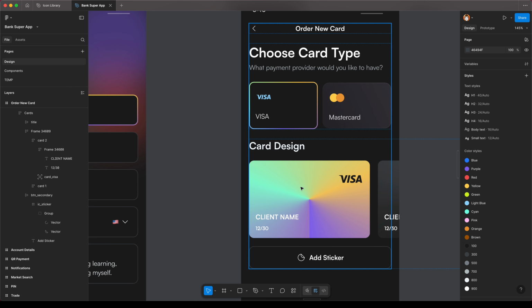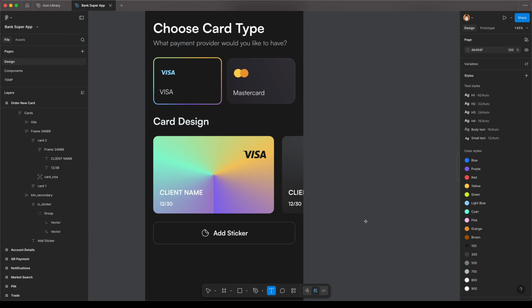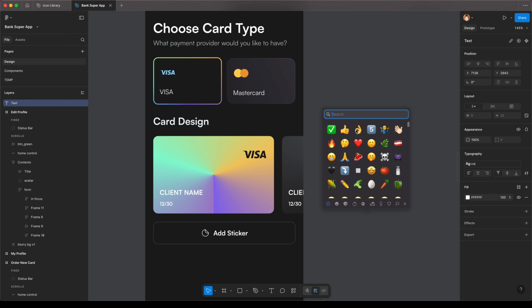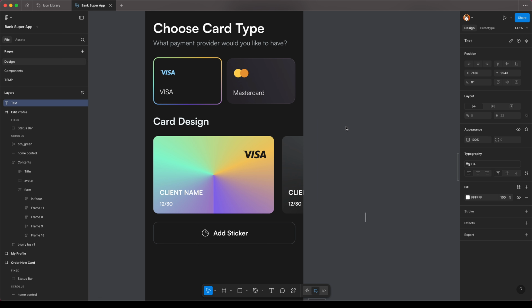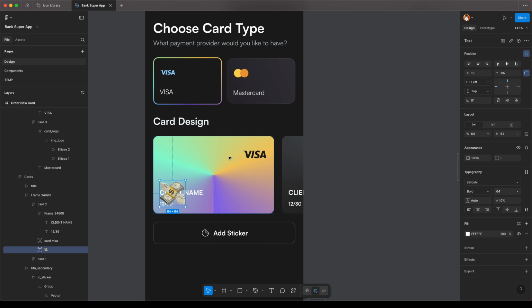I will also put some emoji sticker on the card design. Let's add some text, call an emoji, and search for something money related. This one looks good. Let's make it big, maybe even bigger than that. So I will detach it from the style, not that big. 64, cut, paste, make it ignore the auto layout